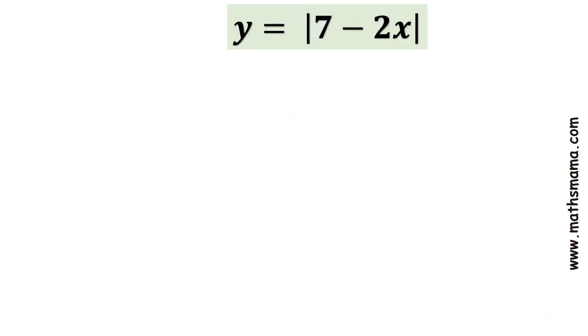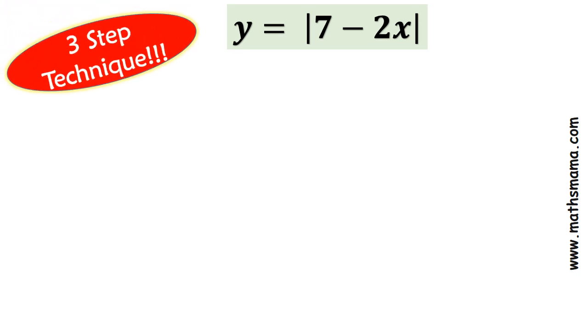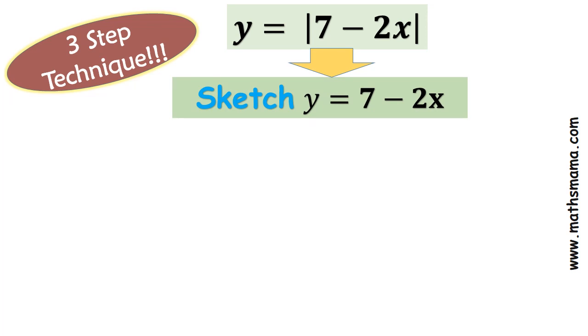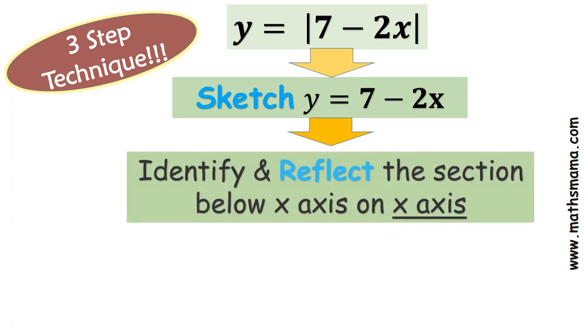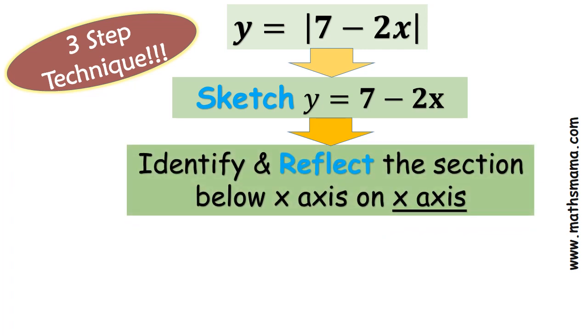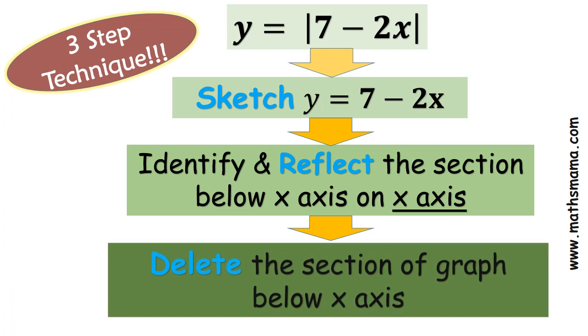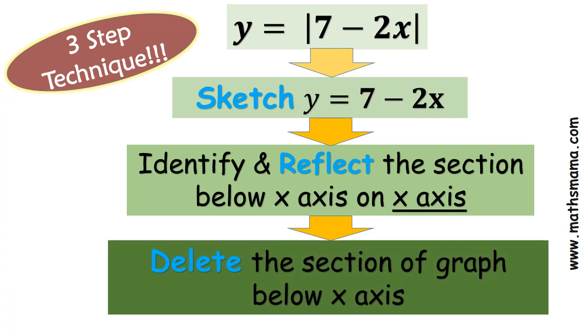Moving on to the question, we've got y equals modulus 7 minus 2x to sketch. In this case, it is possible to use the three-step technique, sketch, reflect, delete, to sketch the function. According to step 1, you simply ignore the modulus sign and sketch y equals 7 minus 2x, a straight line. Then you identify the section of the graph which is below the x-axis and reflect that section on the x-axis, and finally you delete or erase the section of the graph which is below